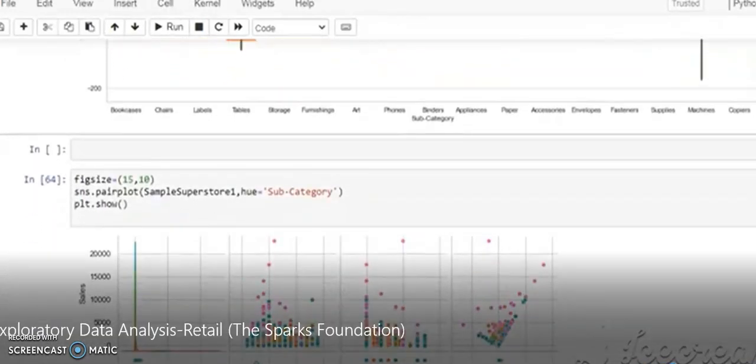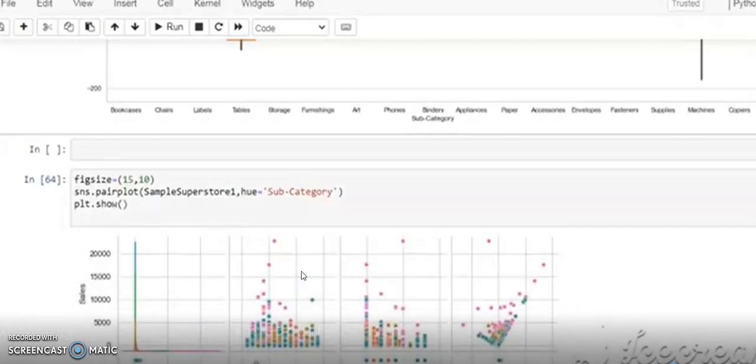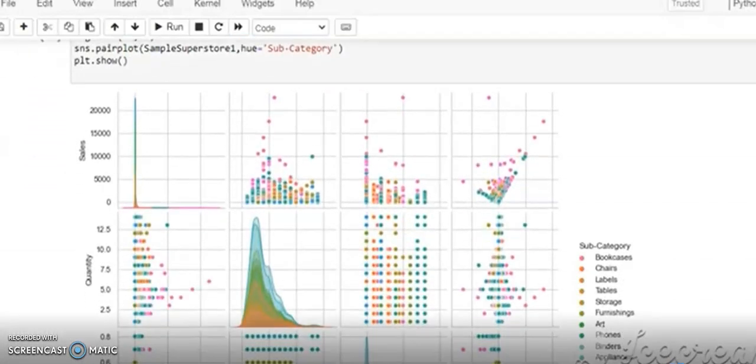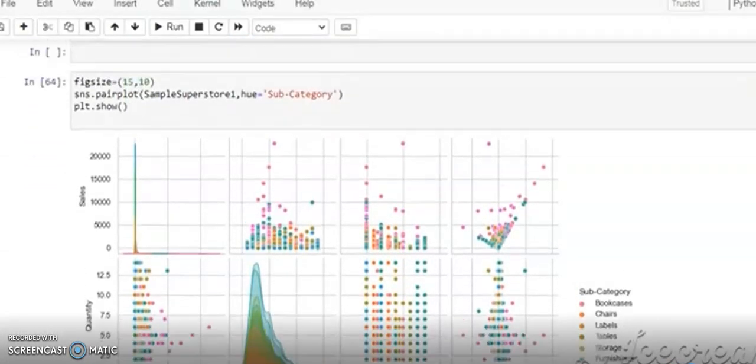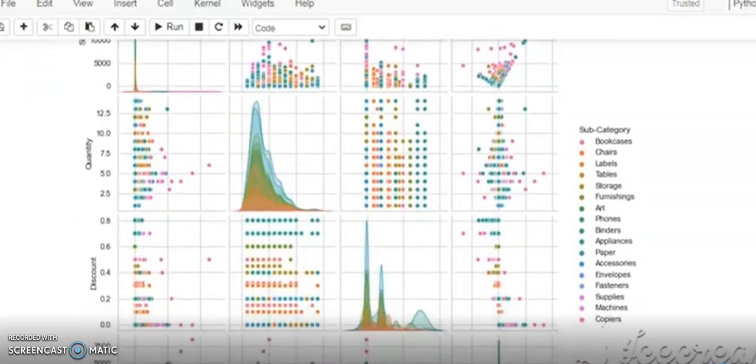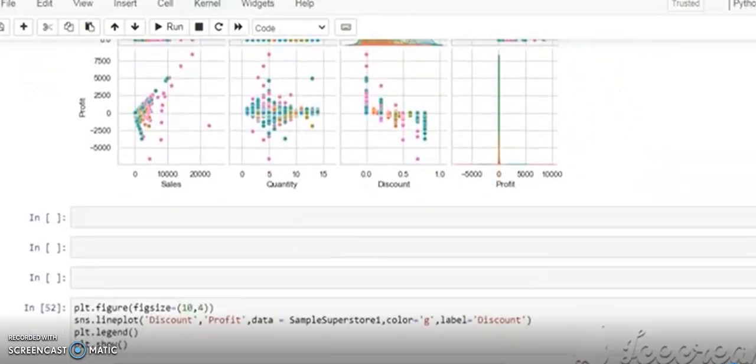Similarly, we can show our data set with the help of the show function, as I discussed earlier, by sns dot pairplot, and we pass here our data frame name. And you can see here, when we use this type of function, our data set looks like this. So it is very beautiful, and you can see that we can visualize our data set easily with the help of this function.